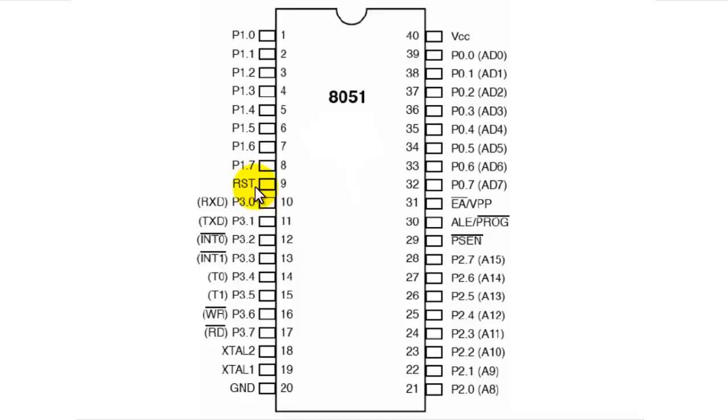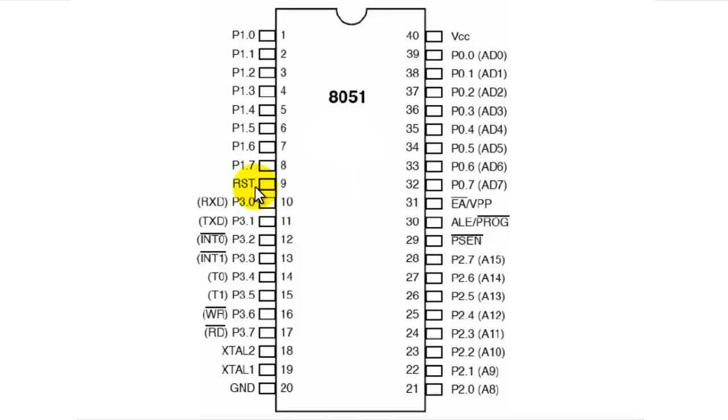Now let us move to pin number 14, that is T0, and pin number 15, that is T1. T0 and T1 are both inputs to the counters related to timer 0 and timer 1. Counters, as the name indicates, are used to count pulses. Whenever external events occur and we want to count the number of times they have occurred, we can do this by just putting the pulse coming from the external event to these pins, that is T0 or T1, and we can record the number of events that are occurring.